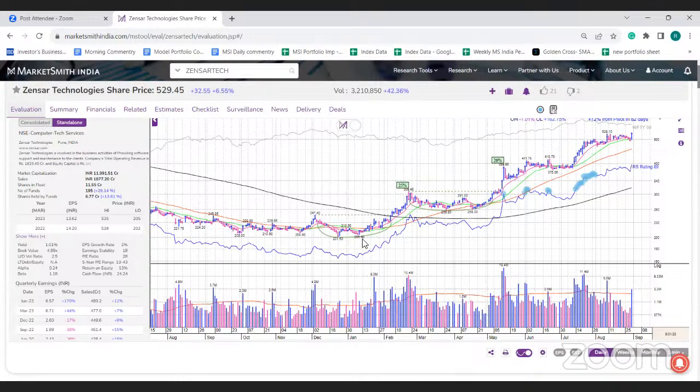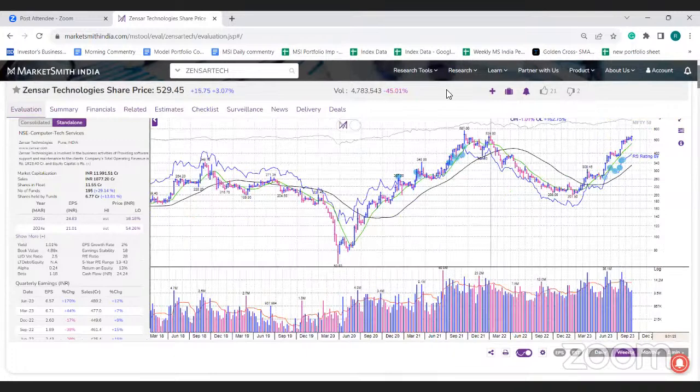Okay, so as far as Zensar is concerned, again, similar to the Coforge setup, trading near its 52-week highs. Even if we look at the weekly chart, यहाँ पे भी similar setup है. कि December 21 में इसने high बनाया था, and from there now it is forming a cup and approaching that high. And I think it's very close to that high, 585. यहाँ पे 539, 587 were the previous high, and now it is trying to move near that level as well. So overall here also the fundamentals are quite decent.